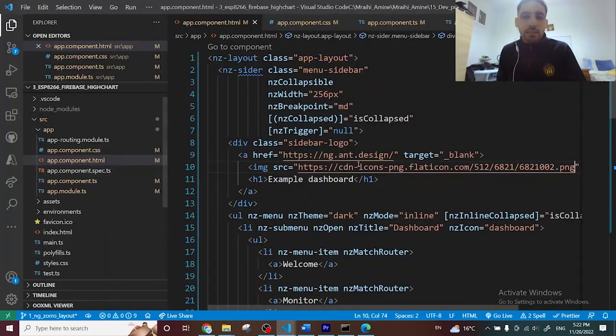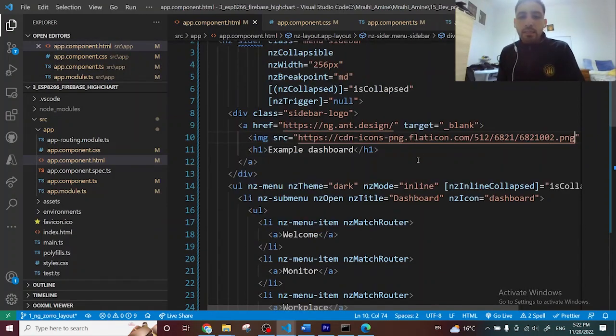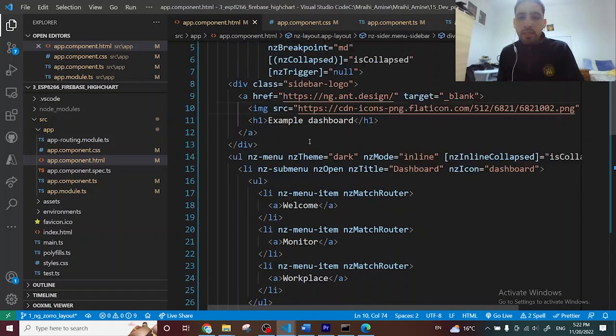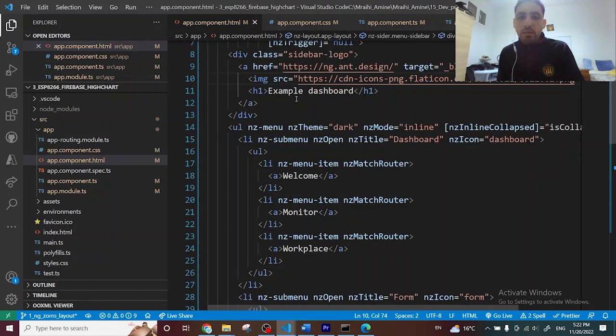And inside the sider we have the collapsible function, and we are using a boolean variable in order to make the collapsible possible, and inside of it we added an image of the dashboard